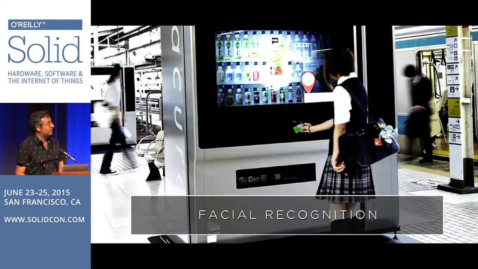Facial recognition, also very useful. So these Japanese vending machines, which have hundreds and hundreds of products in them, actually they realized that to navigate through maybe 300 different items is not a very smart UI. So what they do is they look at the person using the machine and they try and interpret or guess what that person will order. So in this case, the schoolgirl will order the green tea, because maybe 70% of the time people who look like that will order green tea.